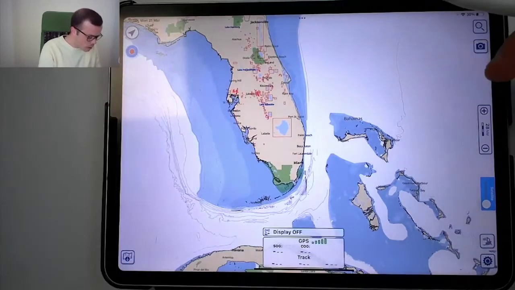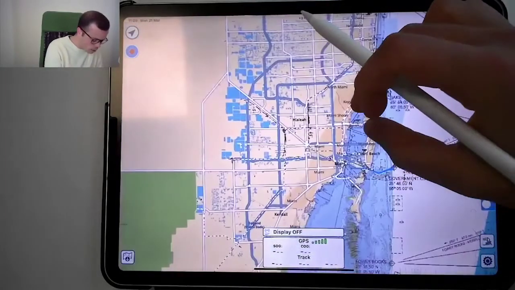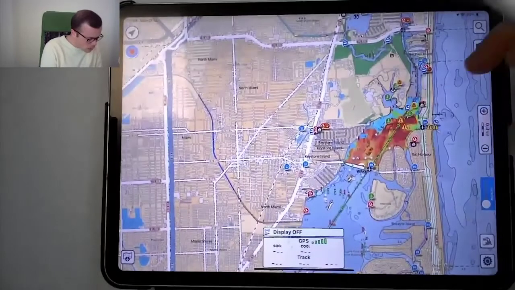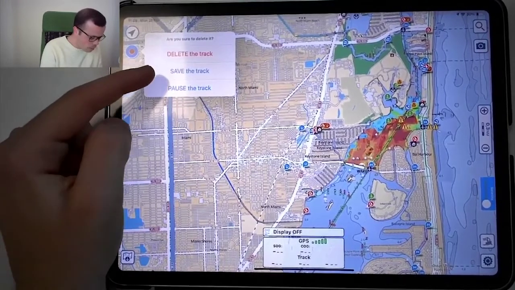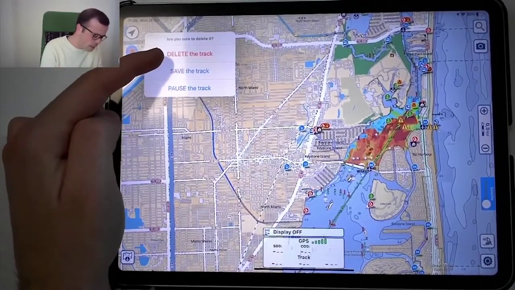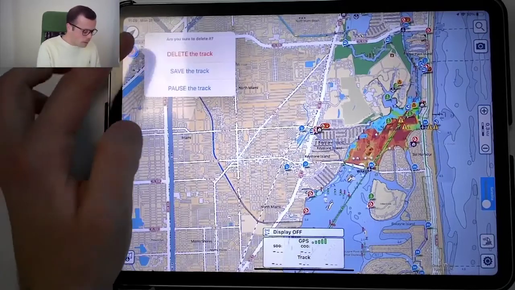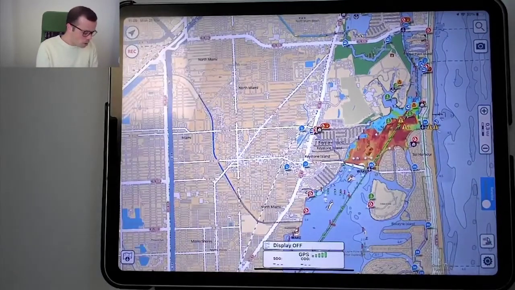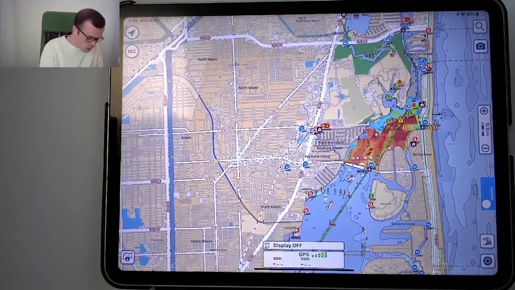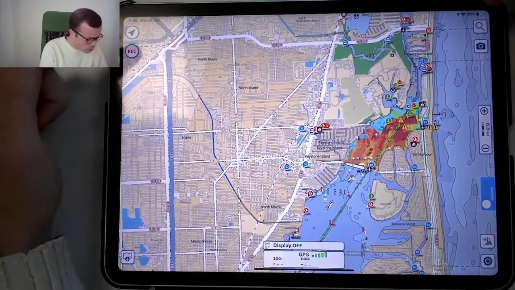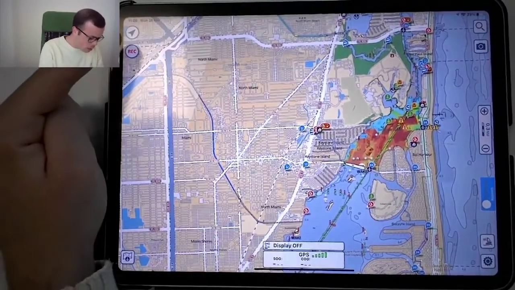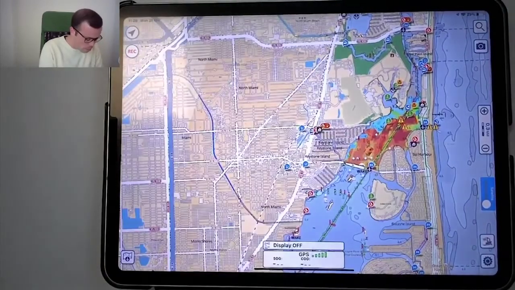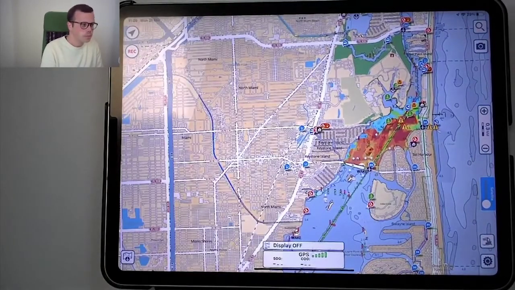The rec button is the button to start recording a new track. Tapping again this button, you can pause the track, stop and save the track, or stop and delete the track. The top left button is the GPS one. Tapping on this button, the map will center on your current position. I don't tap it now because otherwise the map will jump to Italy, my current position. So we can proceed